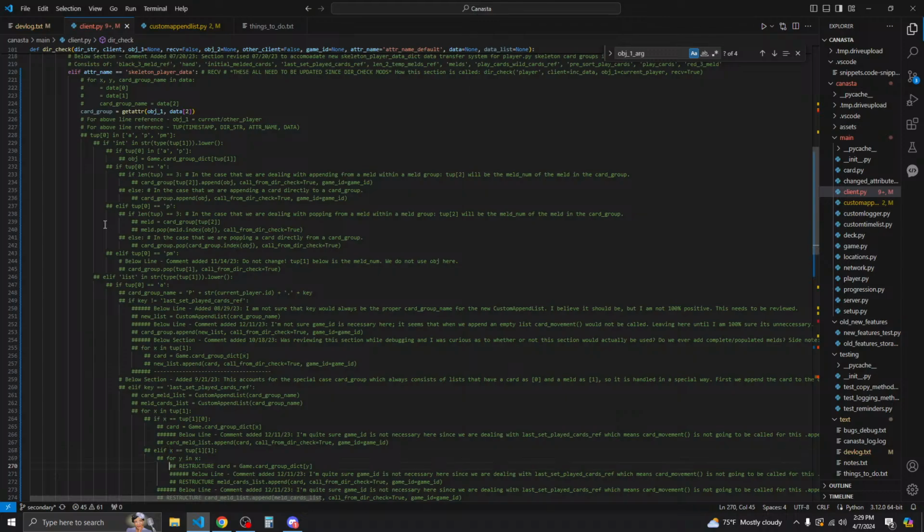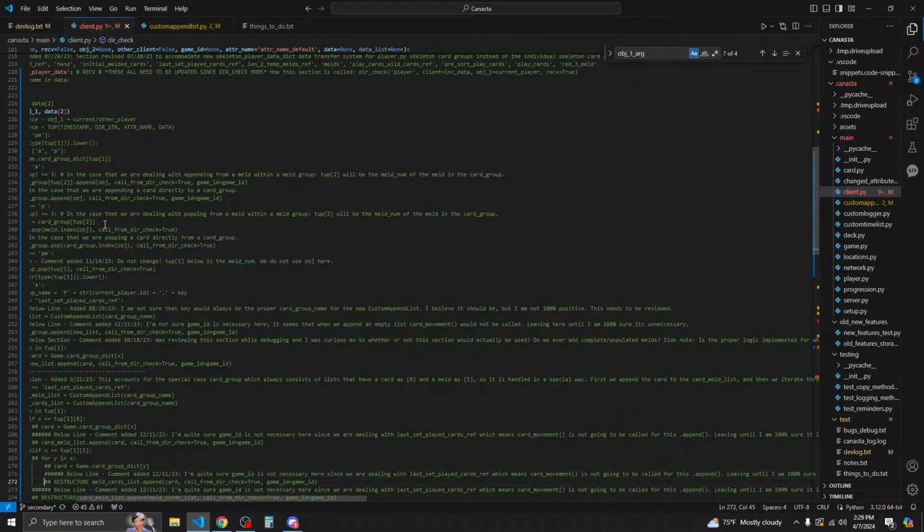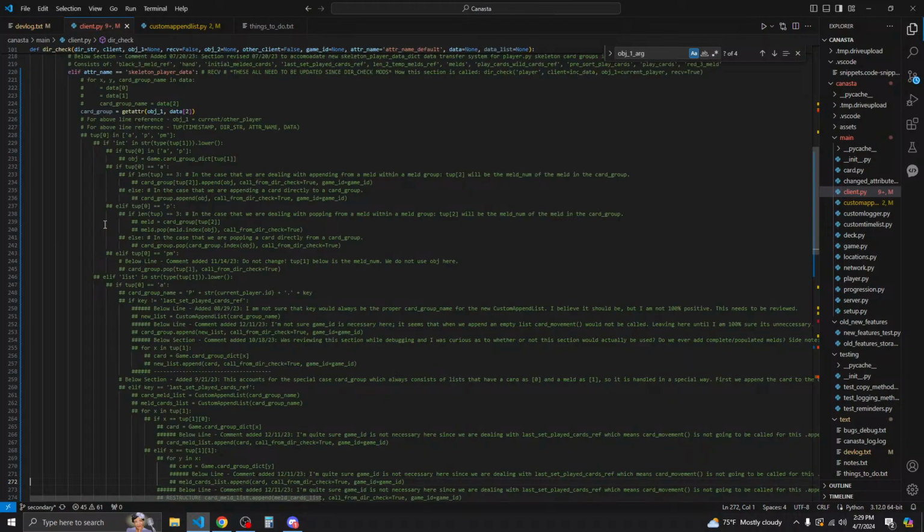So then we say for each card in that meld, card equals game card group dict at Y, which is going to be the ID. And then it says I'm quite sure game is same thing. And this is restructure meld cards list append.